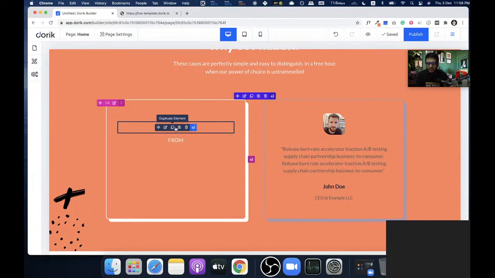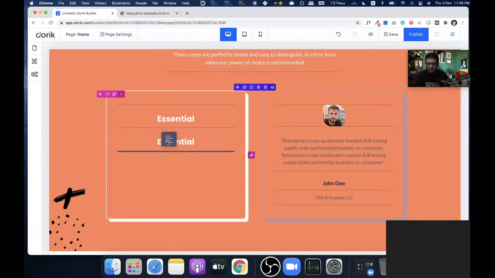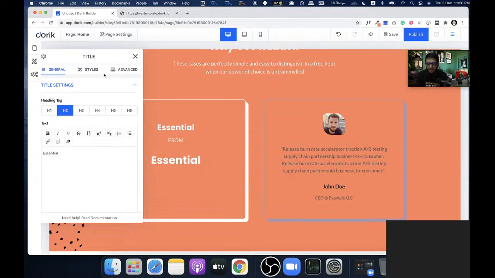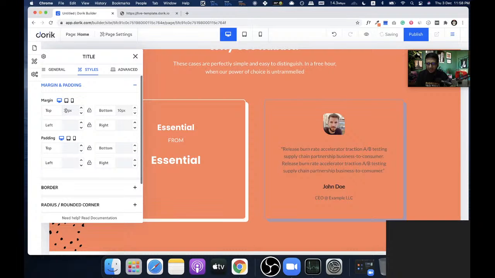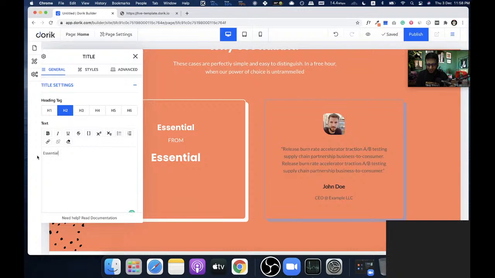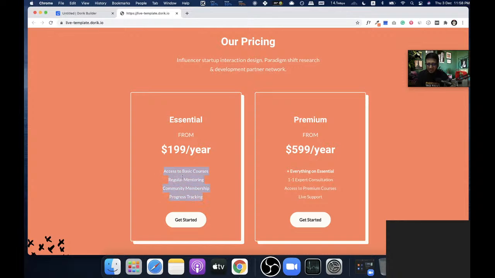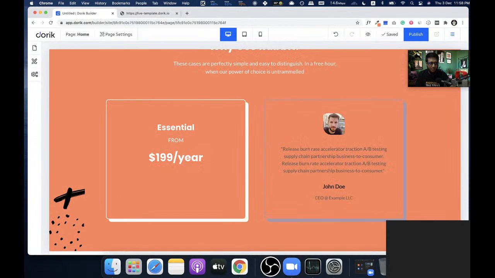199 here. We can duplicate this and move it to the up, and we can change to the h2, and we can reduce the top margin to 0, and we can edit it like 199 here. Now we are gonna add this text. We can add all this text in one go, so there will be no issue.